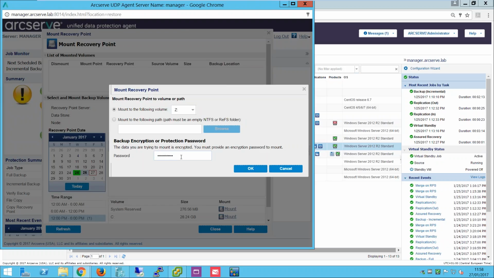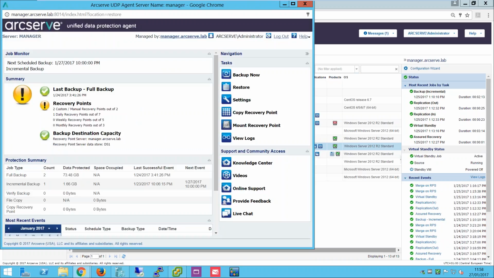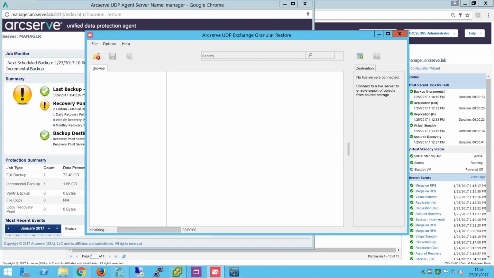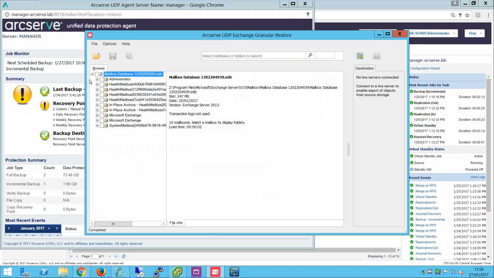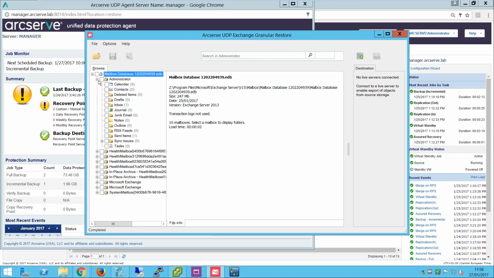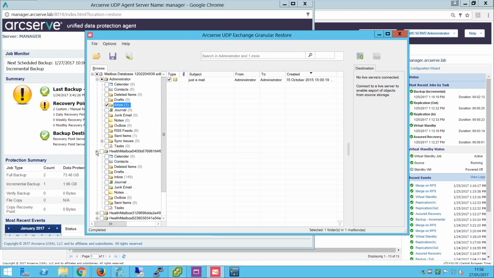Now once you've mounted the Exchange mailbox database volume from the backup as a drive letter, I then launch the Exchange granular restore tool, and it automatically picks up the mounted volume, and if I just show you here, it goes into the Z drive, and it knows where to find the EDB file, and then you can go in and it indexes all the mailboxes, and you can recover individual emails. It's really easy to use, and I can basically restore back to the original user's mailbox or export it into